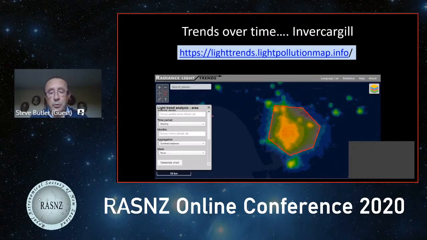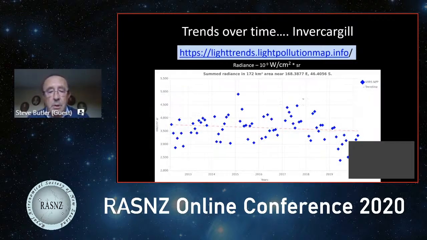So you just quickly hand draw a polygon across the top of Invercargill. An option box opens up, and at the bottom of that is a generate chart option. So quite easy to do, and that chart then gives us summed radiance of Invercargill, from 2012 through to